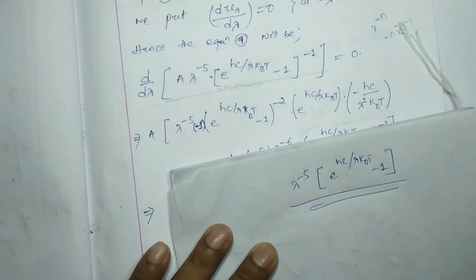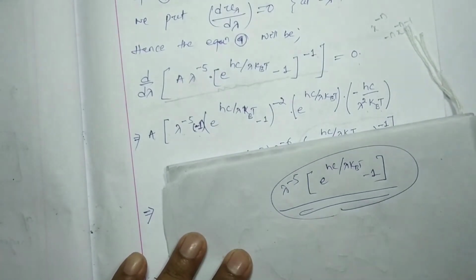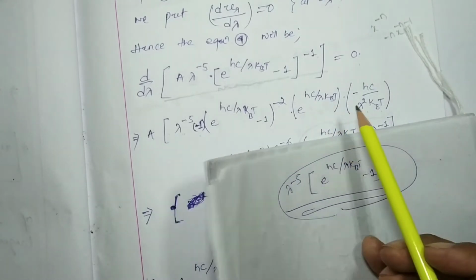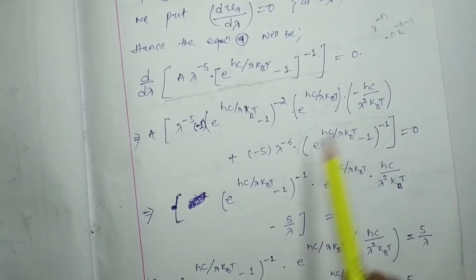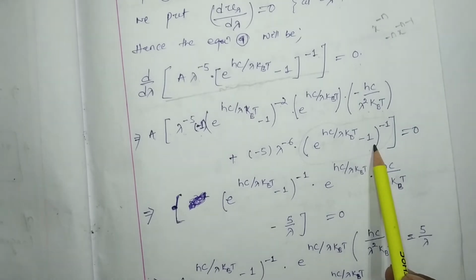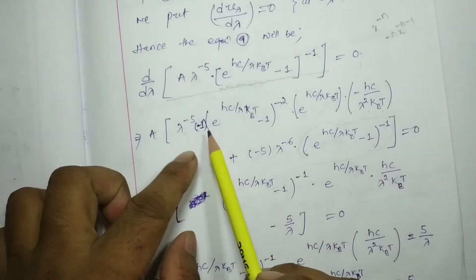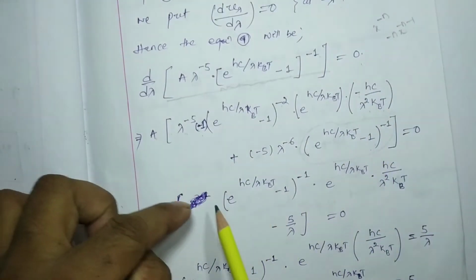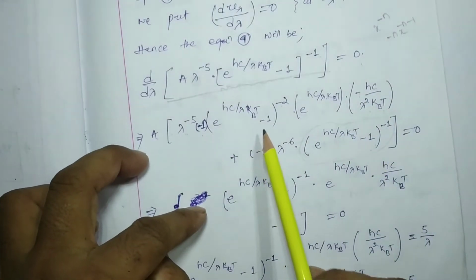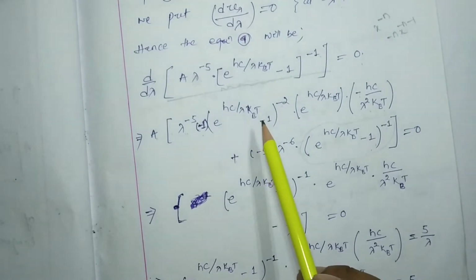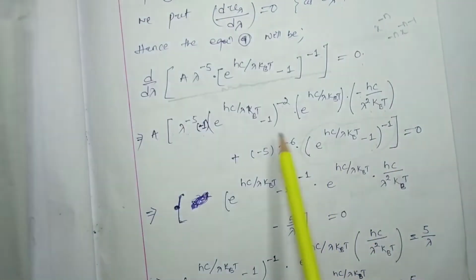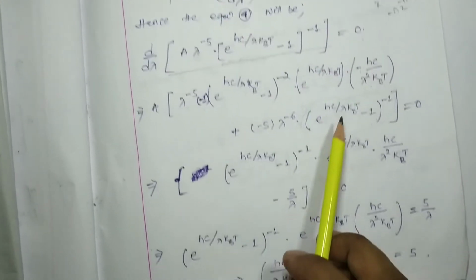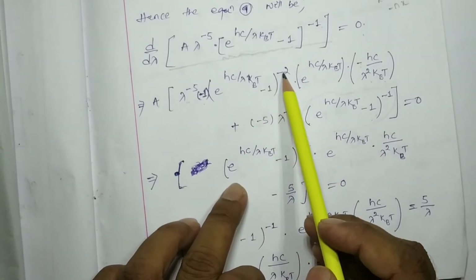Okay, so these things can be taken common from the first term and second term. Then here you can find that this is minus and this is minus, so it will be plus, and by taking this much common from the whole of this, the rest of the terms are here, minus 2 minus 1 taken common,